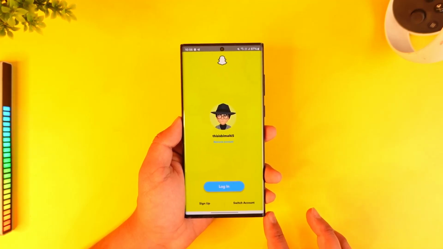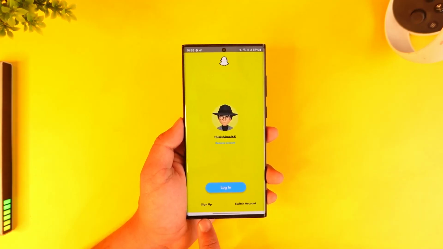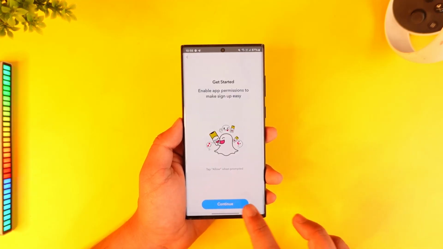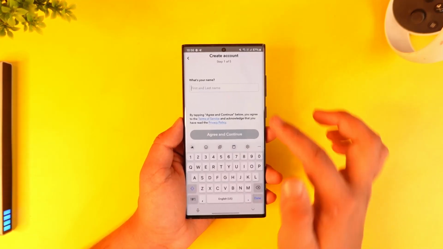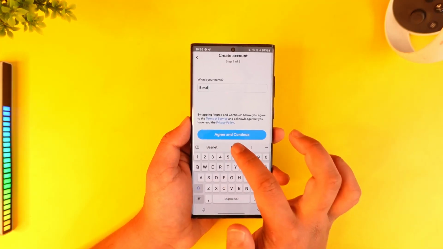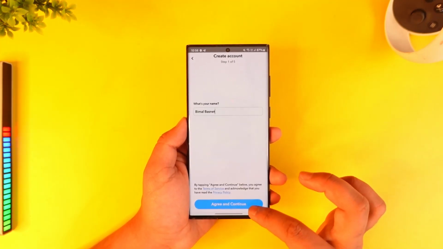And then if you have an account, you can log in, but if you don't, then just go to the option that says sign up from the bottom of the screen. So here you can simply tap the continue option. First of all, it will ask you to create your name. So you can simply type in the name that you wish to use, tap on agree